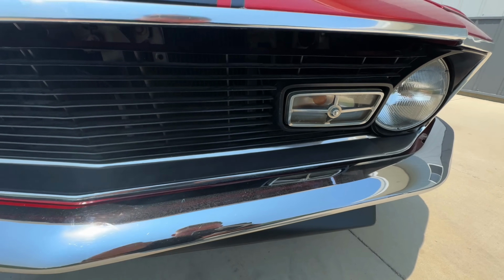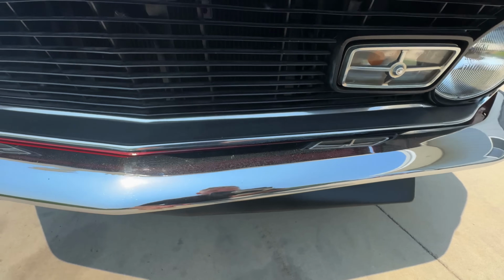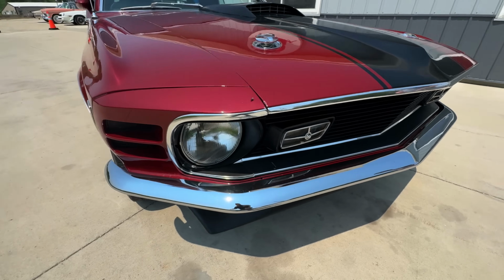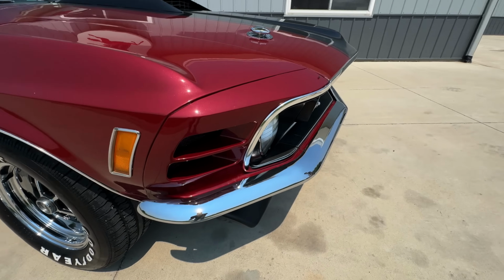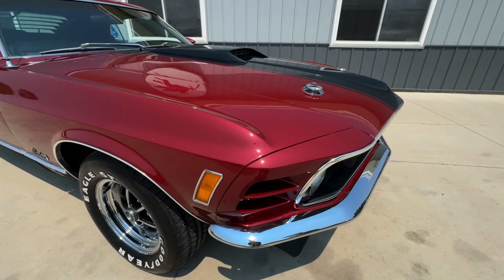If you look, they have a great shine when you're back a foot, but if you look real close, you can just kind of tell it's aged a little bit here. But nothing that warrants replacing. As we go around here, you can look, it's got a great shine. And so does all the trim around the hood, the wheel well molding, all that just really sets the car